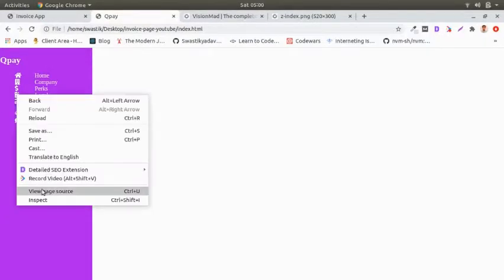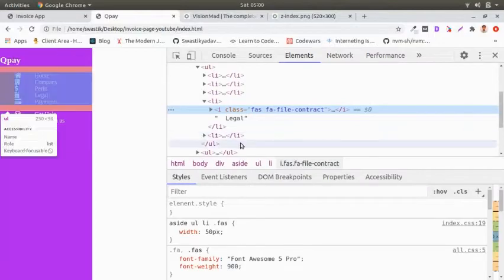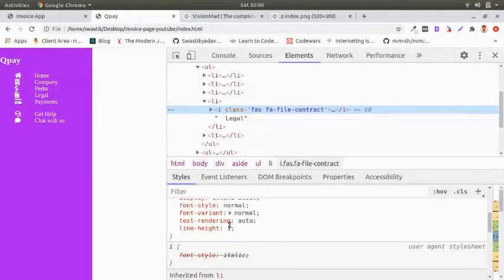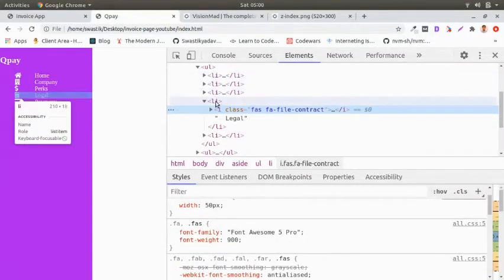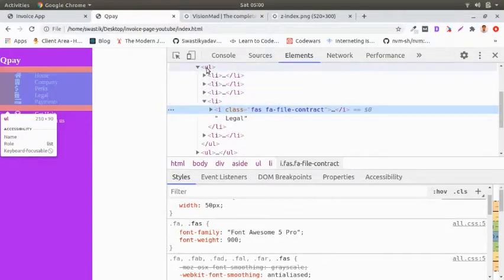Now the next problem that I have is that these are starting from somewhat off. It doesn't begin from right over here, and I don't know why. I already said that every browser has its default settings, so it might be a default setting of this browser, but we can check it out. We can see what the problem is. This is the LI, but it's not the problem of LI, because LI is completely fine. It's the problem of UL. UL has some kind of padding, I think.